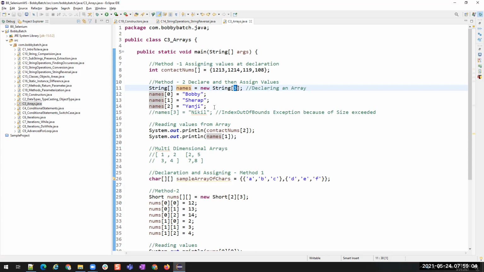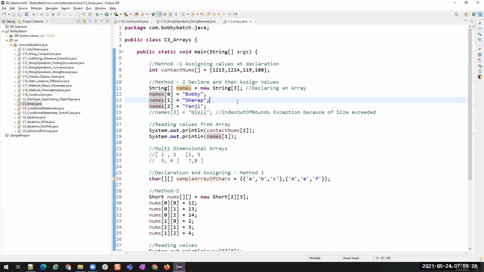So we cannot downsize or upsize the array, or simply we cannot resize arrays once declared, at runtime. These are not dynamic in nature. These are static in nature.